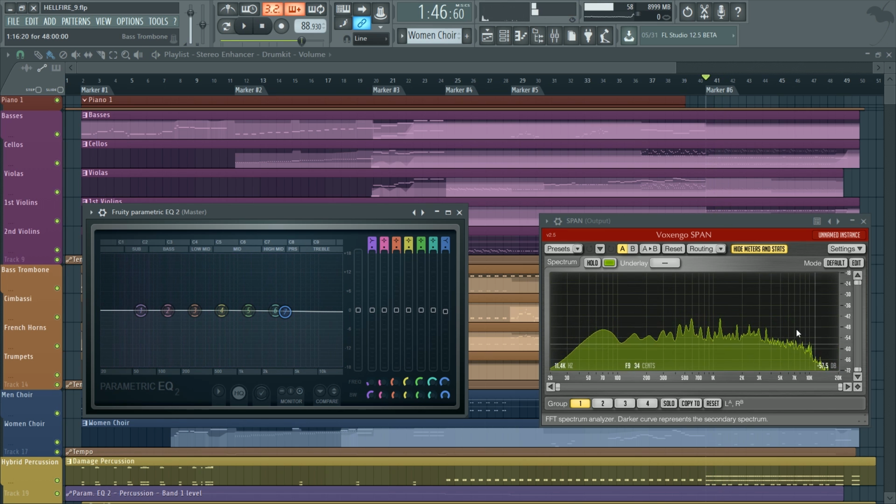In a very clear orchestral track, you see this curve, like this shape. It's very even. It doesn't have strange spikes all over the place. It's very even, easy to follow. And another thing you see is that the type of frequencies that have the highest peak in a track that sounds clear. If you import a professionally mixed and mastered track inside your DAW and put it inside a spectrum analyzer, you're gonna see that the frequencies that have the highest peak tend to be the low ones. The low frequencies tend to be the ones with the highest peak in decibels,